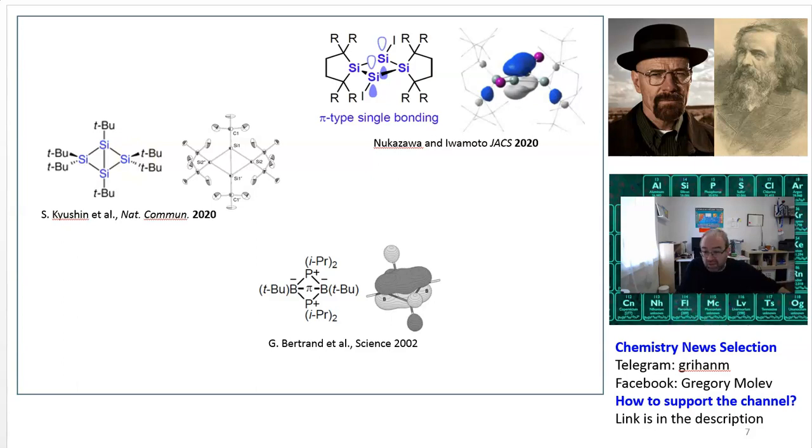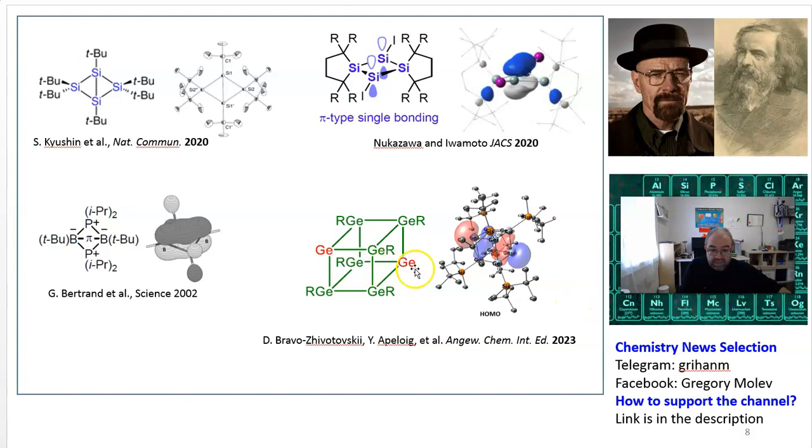But in the cube molecule, which I showed in the previous video, here, that already looks like something that can be imagined as two separate molecules if you break some of those bonds. So here the distance between the silicon atoms is 2.3, 2.5 angstrom. Here the distance between germaniums is more than 4 angstrom, like twice more. And still there is an interaction between those atoms in this molecule. This orbital here, according to the calculation, corresponds to something like a quarter bond, while here it is a real chemical bond. And this quarter bond is enough to keep the singlet structure very low in energy.